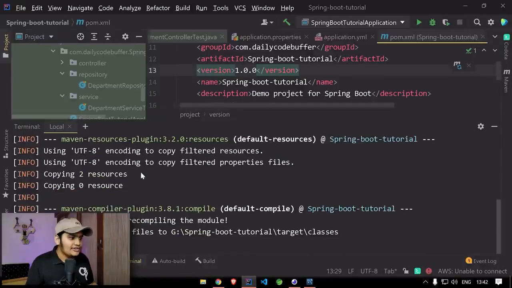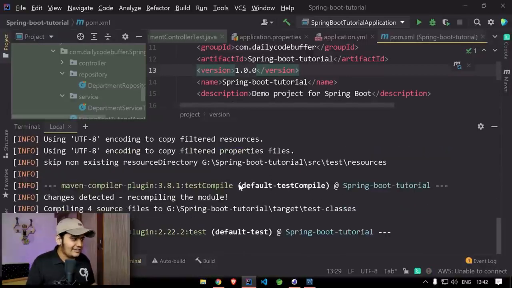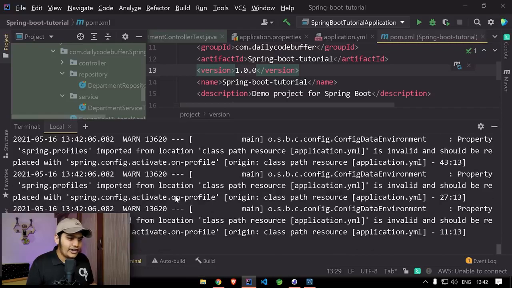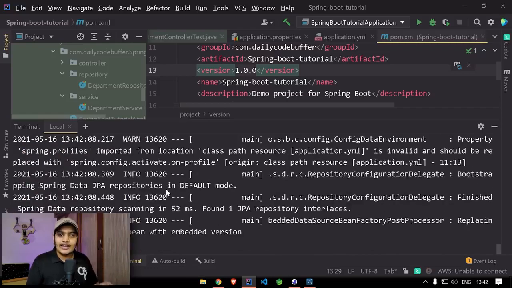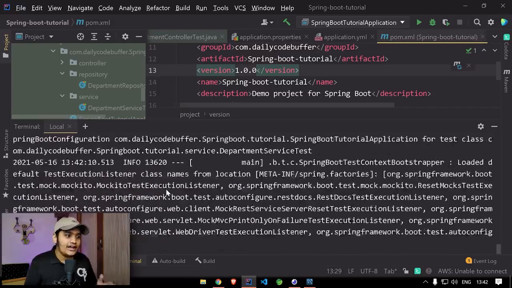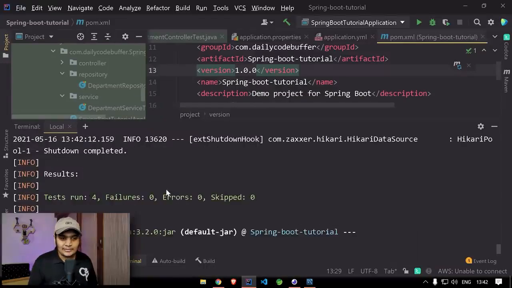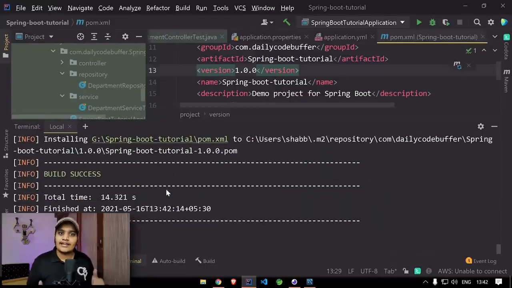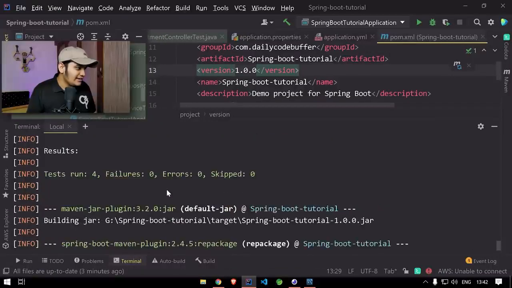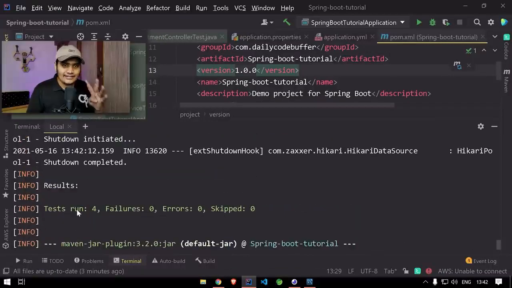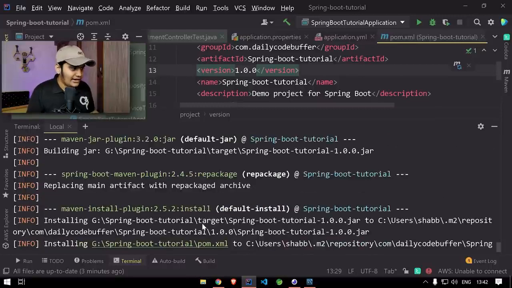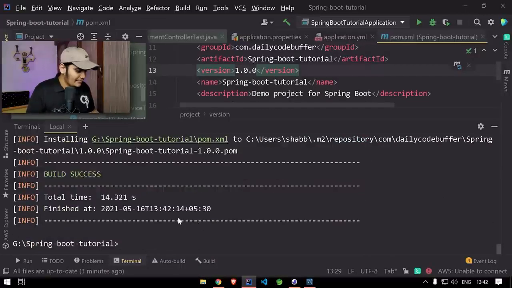So this will execute all our test cases as well. Okay, you can see that it started executing all our test cases also. So until and unless all the test cases are executed, our build won't be generated. So that means all our unit testing is successful and we are ready to go ahead with the deployment. So here you can see that we added 4 test cases and everything is successful, and after that our build was created. And if you go inside the target directory